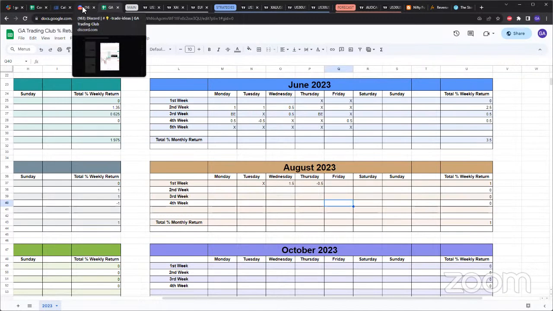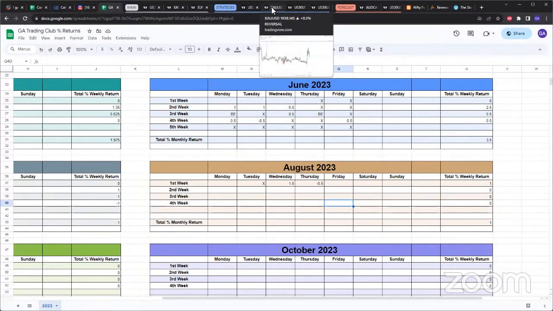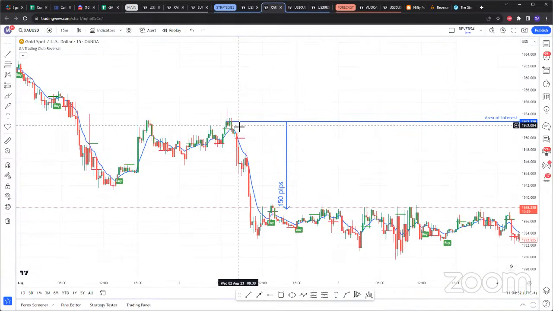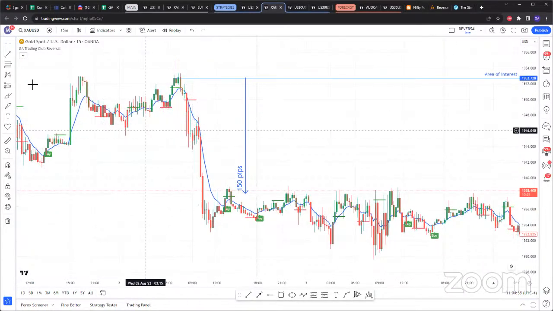For me, in an NFP week, I don't care about ADP. I think it was dead if I'm not wrong. We can backtest, but ADP, unless, yeah, it was this one. ADP was this one. So if you're trading ADP,